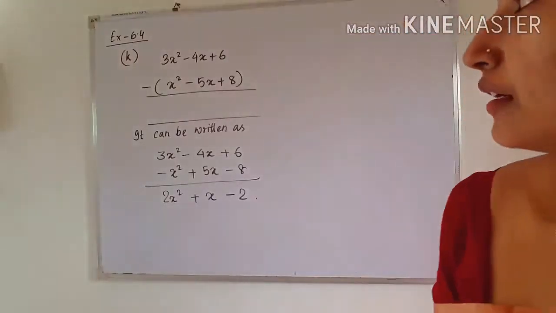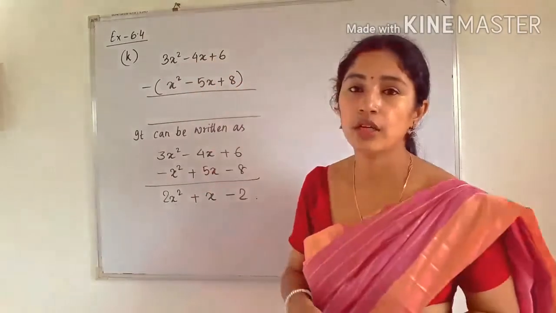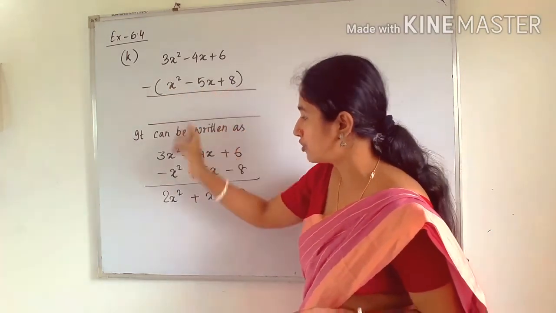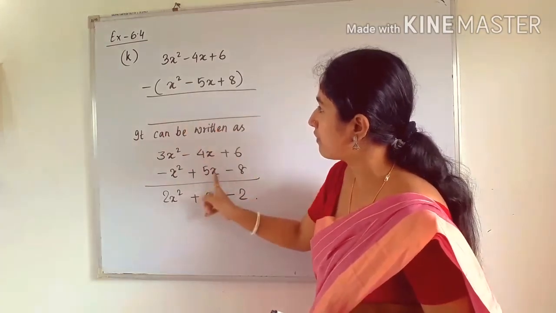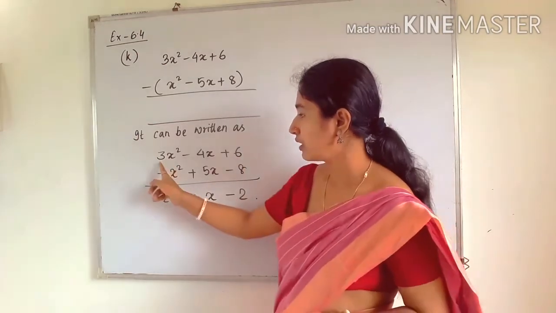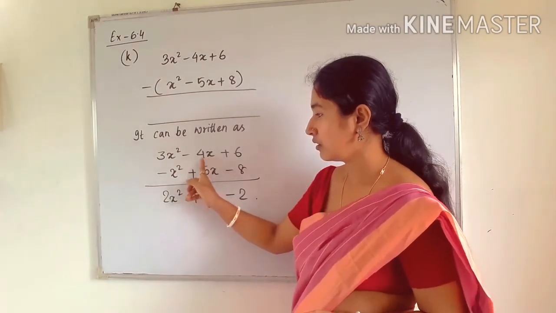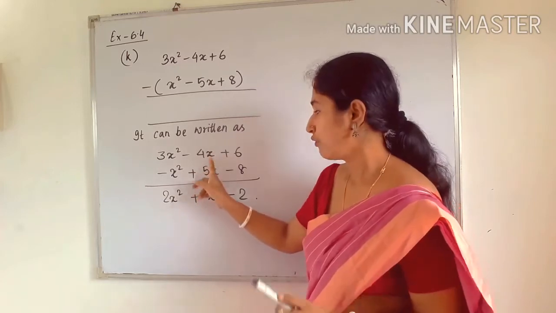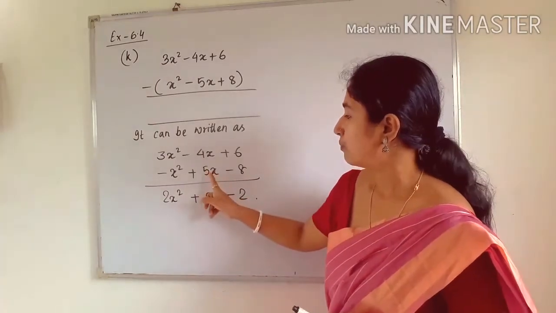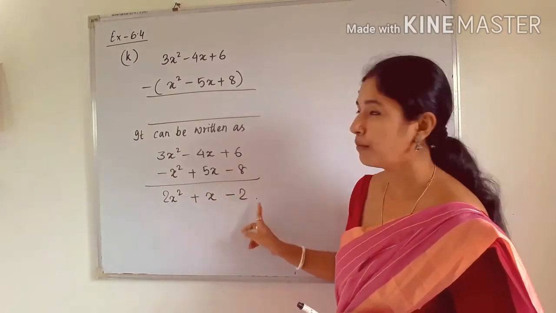Okay. So see, next one is K, and in number K you have to subtract the second term from the first term, so we have to do it in column method. Okay, so that means the sign inside the bracket will get changed. So this will be minus x square, this will be plus 5x, this will be minus 8. Okay, so next you have to simplify. So 3x square minus 1x square will be 2x square. This is plus 5x, this is minus 4x. Again you have to subtract because they are opposite. So 5 minus 4 will be 1x, or you can directly write x. Okay. So 5 is greater, before 5 we have plus symbol, so this will be plus. Minus 8 plus 6 will be minus 2. Okay.